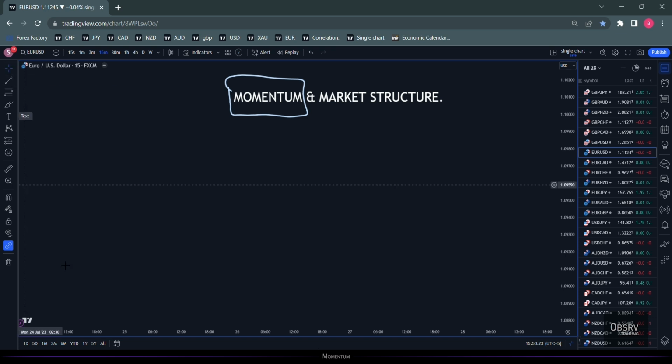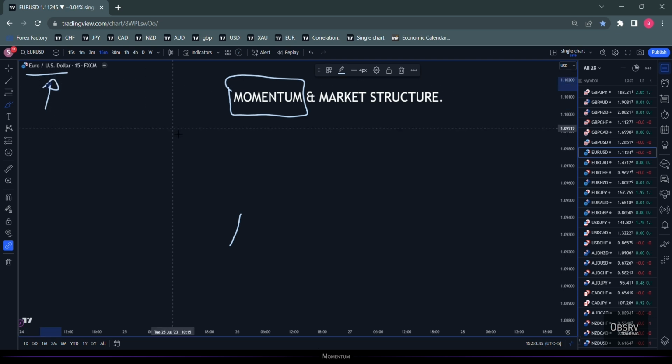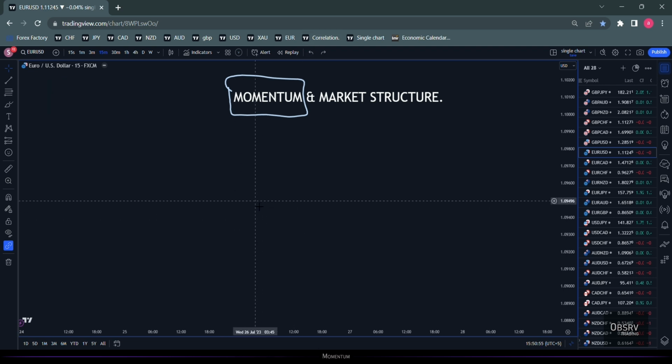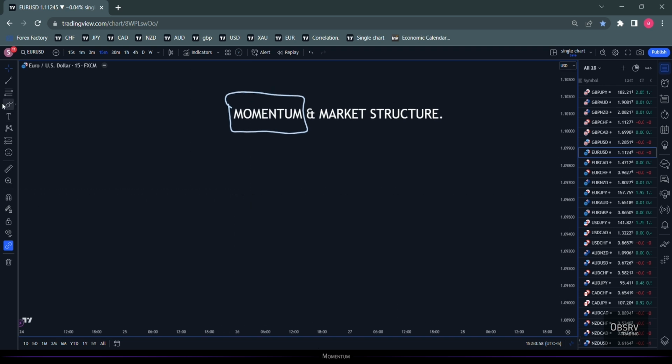So let's say euro dollar is in an uptrend, right? Think of it as a product. Euro dollar is not a currency pair. Think of it as a product. Let's say a Louis Vuitton bag, right? Let's say the price of some recent Louis Vuitton bag that came out is, just for the sake of argument, $10. It's never going to be $10. We all know how expensive these brands are, but just for the sake of argument, it's $10.